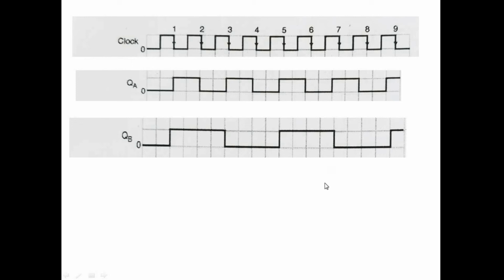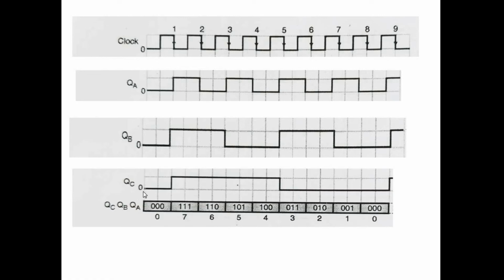Next flip-flop we'll see is QC. The same thing holds good. It changes the state from low to high. Initially, the output of Q A, B and C was 0. So now it becomes high. Next clock pulse, when it goes from low to high here, it changes its state. QC output changes its state. Next here, low to high, the output changes its state.